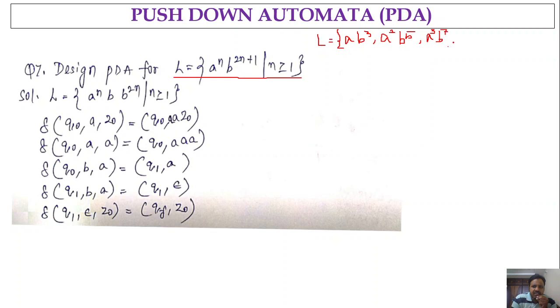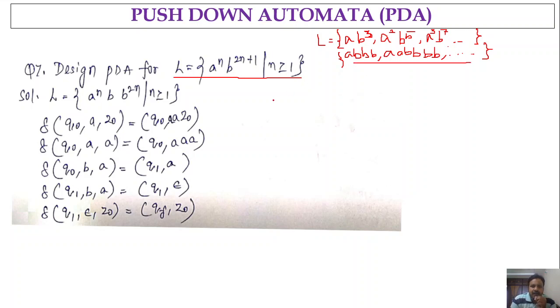In this fashion, we are going to get the strings. But remember, while writing these strings in the examination, you should not write in the exponent form. You have to write as it is. So instead of writing b power 3, you have to write a followed by 3 b's, instead of a square you write aa, and instead of b power 5 you write 5 b's. Just for understanding purposes I have represented the exponent notation, but in the examinations you should mention the strings as is, without any exponential notations.